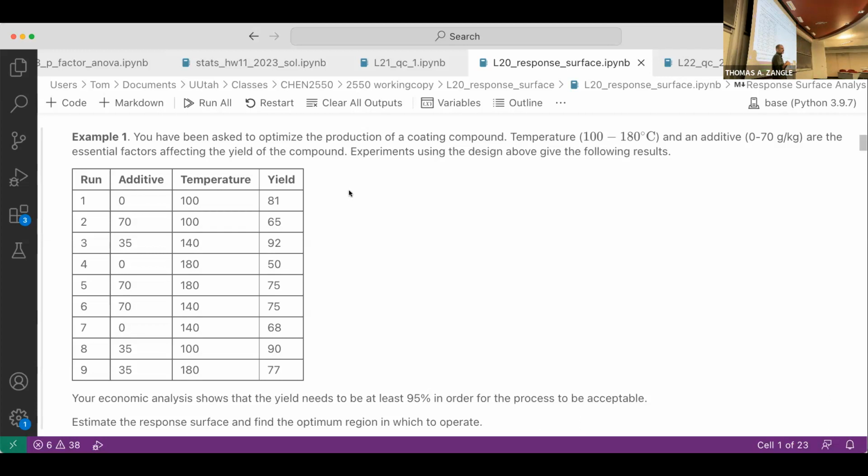So it may be tempting, for example, to just take the additive and do all of your experiments at 0 additive, and maybe across your different temperatures, and then do all of the experiments at the next concentration of additive, and then all of your temperatures, and then the final concentration of additive, and then all the temperatures. That's a tempting experiment design, but that introduces the possibility of bias into your results, where maybe there's something